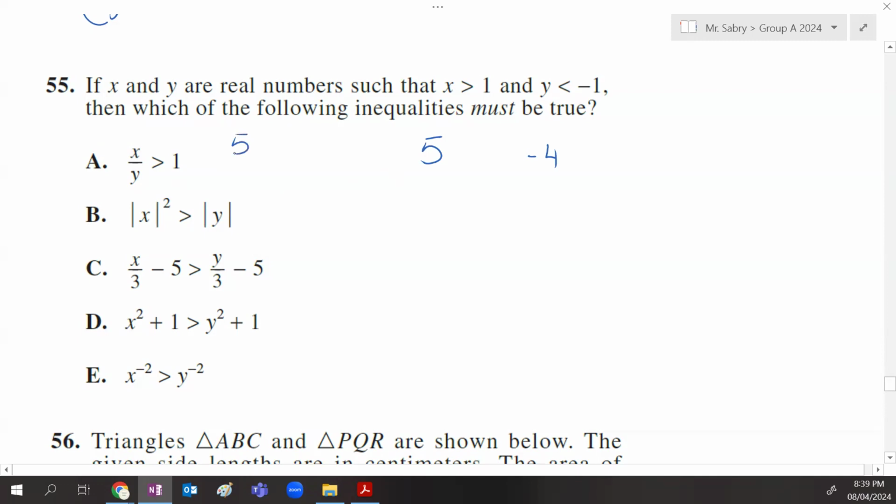So 5 here, 5 over -4. Is this bigger than 1? No, it's definitely not true, because it's negative. One is positive and the other is negative, so dividing them, how would it come out bigger than 1? What about absolute x squared? It's already a positive value bigger than 1 to the power of 2. Is this definitely bigger than the absolute of y? Yes, that is the one that's always true no matter what. Because it doesn't matter what the value of